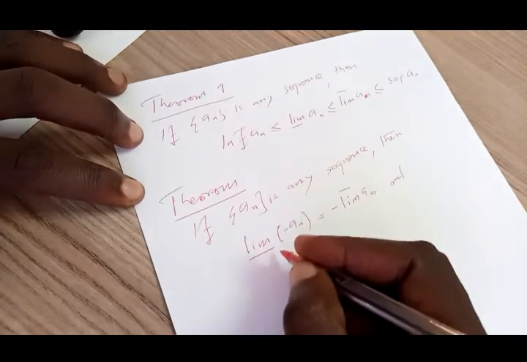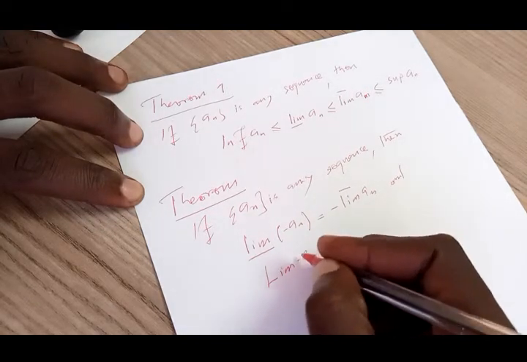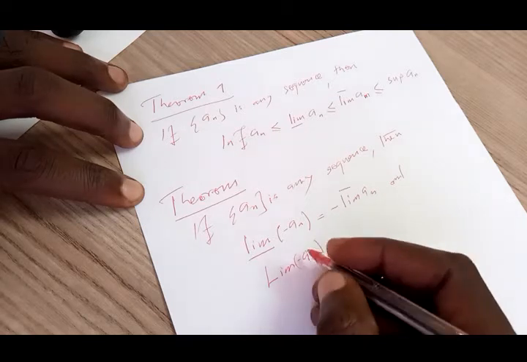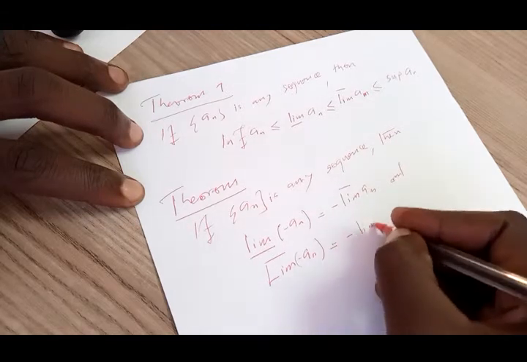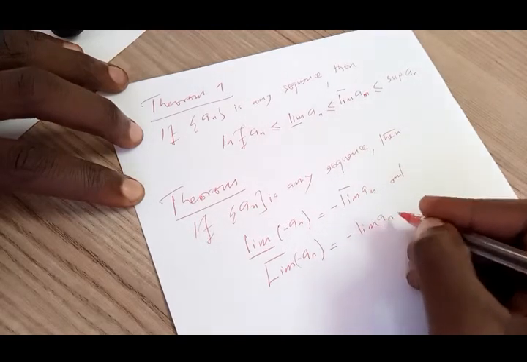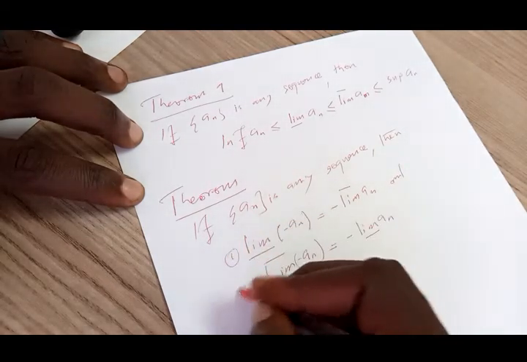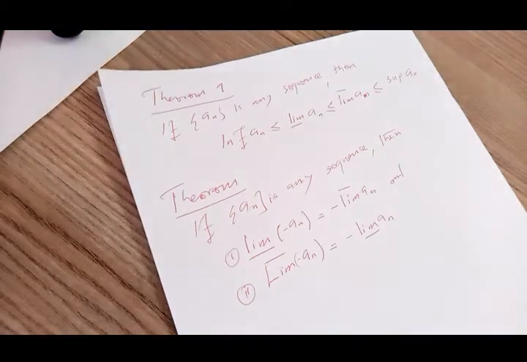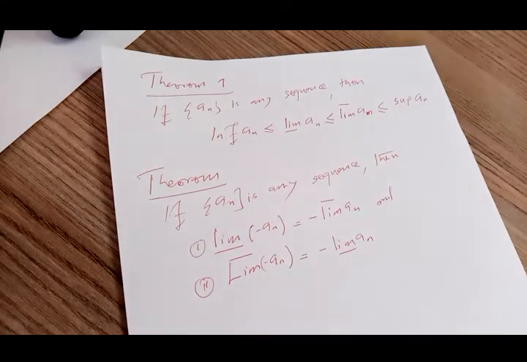and the lim sup of negative a_n is equal to negative the lim inf of a_n. So this is upper, this is lower. This is an important result. We have 1 and then we have 2. These results will be applied in some of the problems or questions that you're going to consider. I've got 6 problems that I'm going to consider for this lecture. So I hope